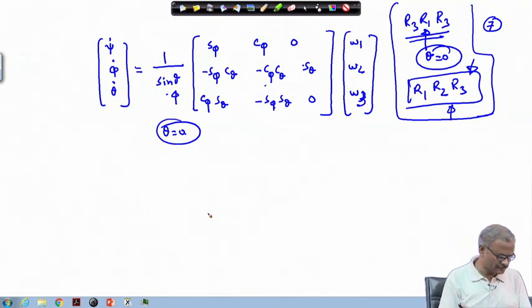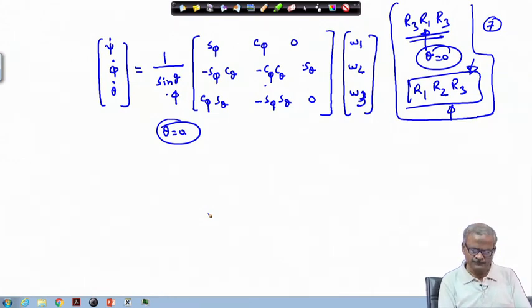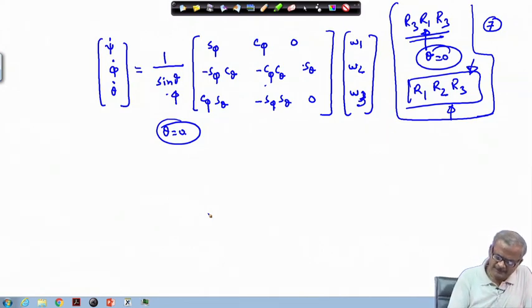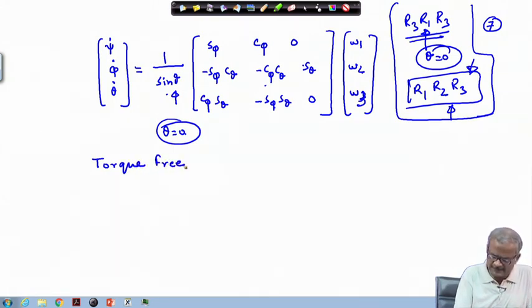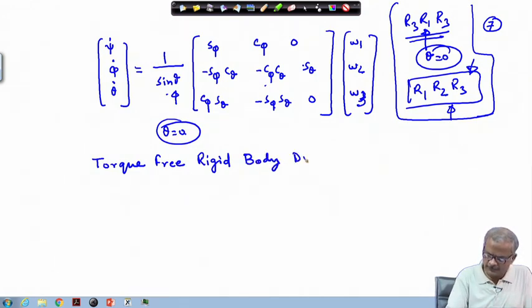So, this concludes our rotations, and you can do all these things as homework. It is necessary to do certain exercises, which I will put in the form of a tutorial also. Next we go into torque free rigid body dynamics. We have already used Euler's equation, so we continue with Euler's equation, torque free, but here in this case the torque is not there.